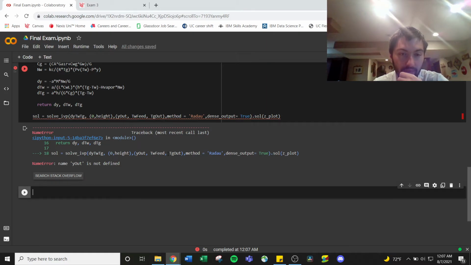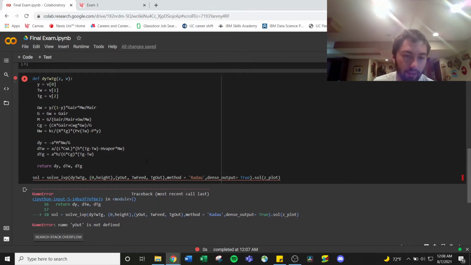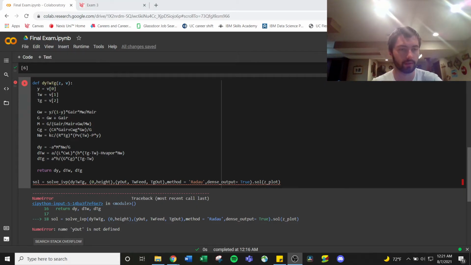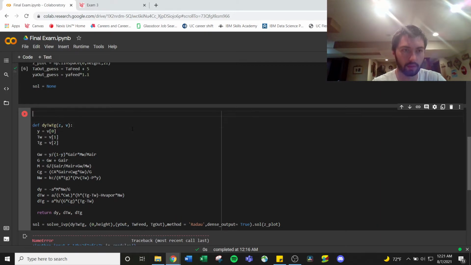Y out is not defined. Oh, okay. So y out's not defined, but that's because we don't know our mole fraction there yet, so I'll come back to that. So this y out isn't defined. We're going to want to make another function that's going to allow us to converge our initial guesses, so we won't have this problem of it being undefined. I want to define a function. I'll just say converge